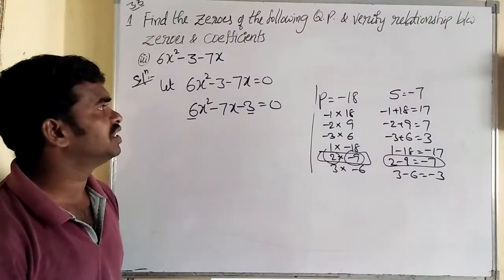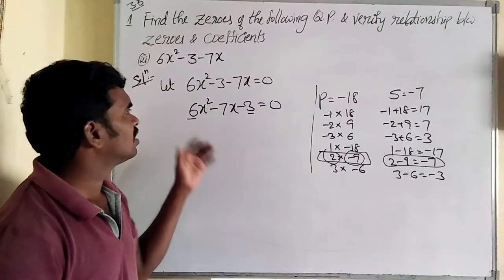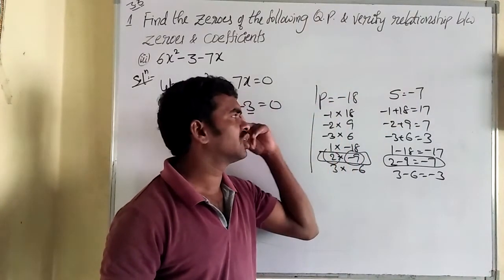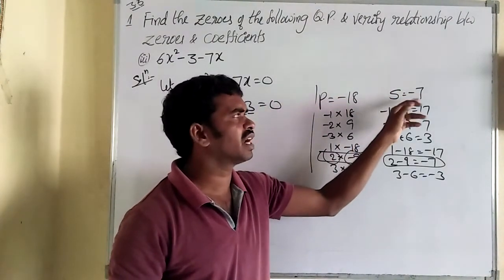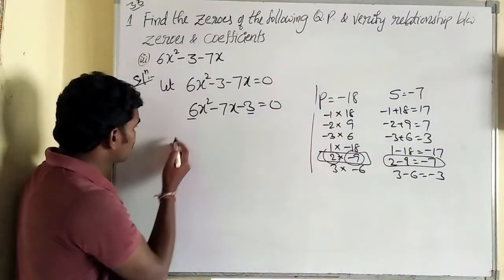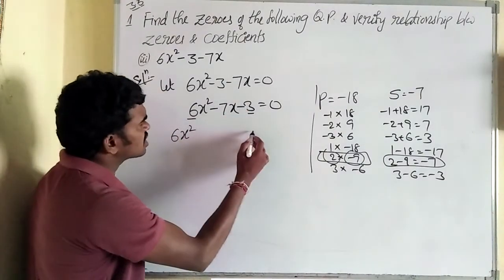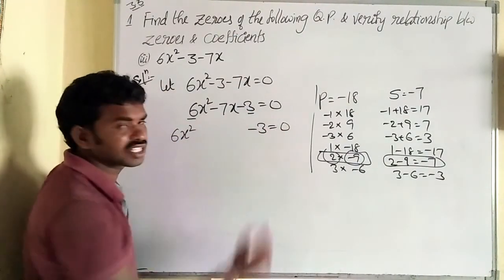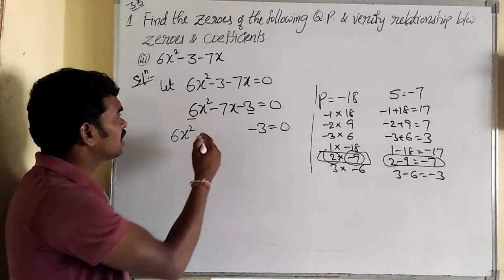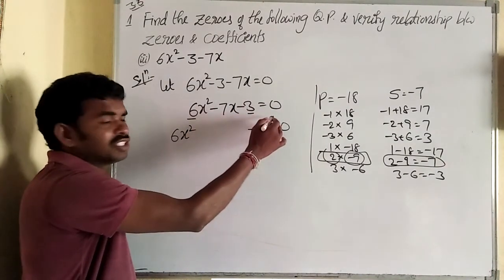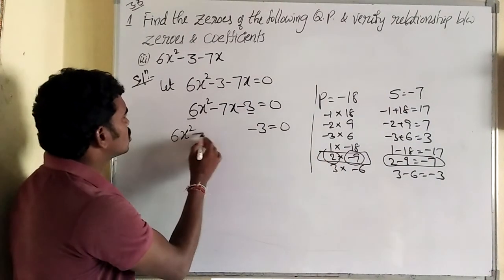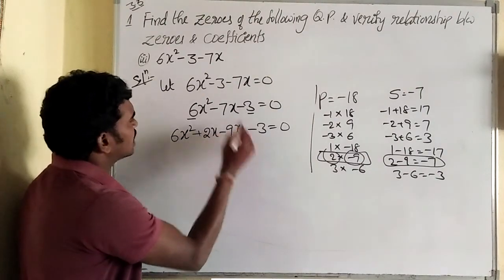So the numbers are 2 and minus 9. If you are intelligent, you can take them directly. Minus 18 is the product, minus 7 is the sum, so you can think directly: 2 into minus 9, 2 plus minus 9 is minus 7. So 2 and minus 9 are the suitable numbers. Okay, what is the first term? 6x square, write as it is. What is the last term? Minus 3, write as it is, and equal to 0 as it is. Instead of minus 7x, what can we write? 2 and minus 9, so 2x minus 9x. And then